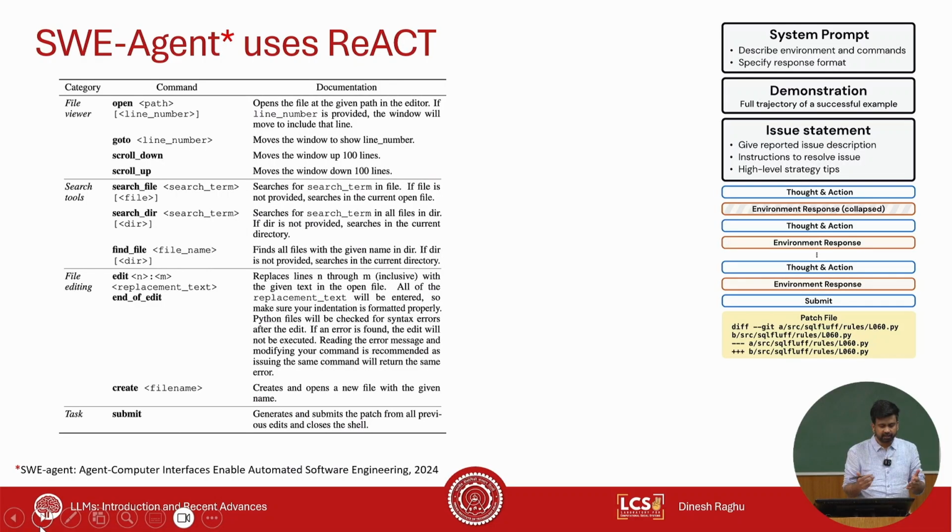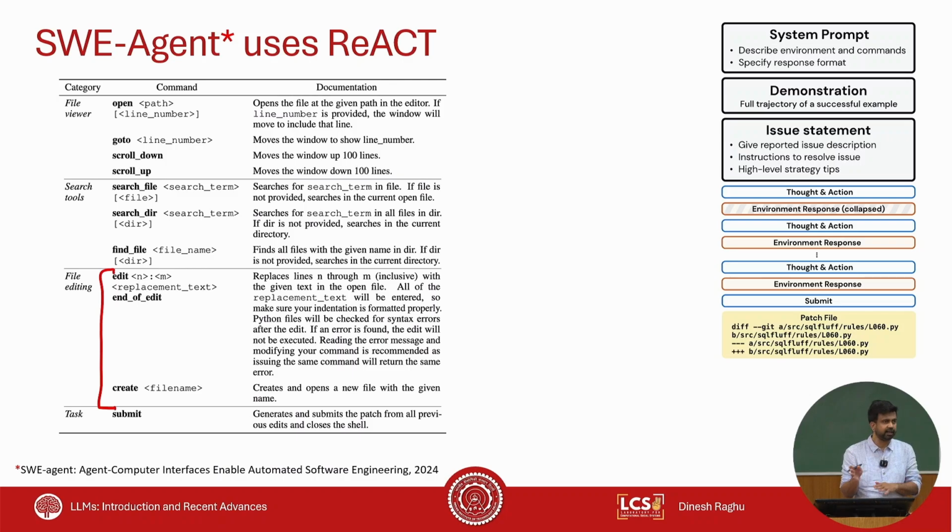So to make it more LLM friendly, they propose that you can open a file, and when you open a file, it only will display the first 100 lines, right? And then you are provided the ability to scroll down or scroll up. So you look at that line, and then you say scroll down, scroll up. Then when you scroll down, it will only give the next 100 lines, and then you also have the ability to jump to a certain line given the line number, and then the other things that I said, like how you typically debug, right? You'll be allowed to search a file, search within a particular directory, find the location of a file and things like that. And of course, these are for creating the PR, which is like